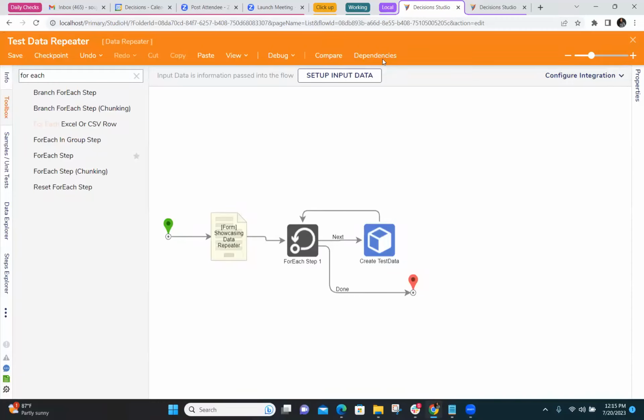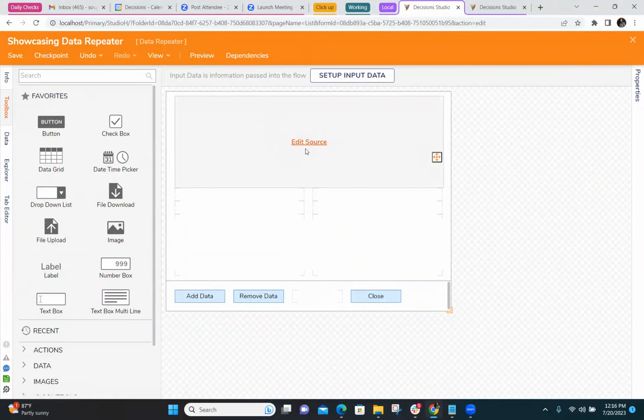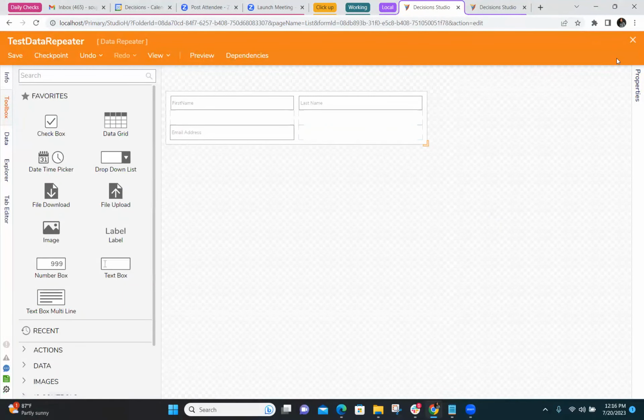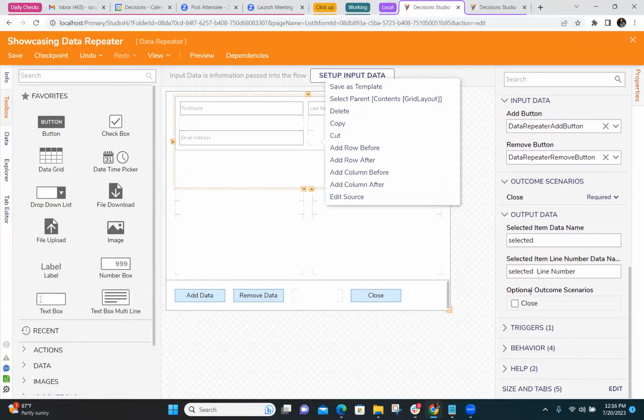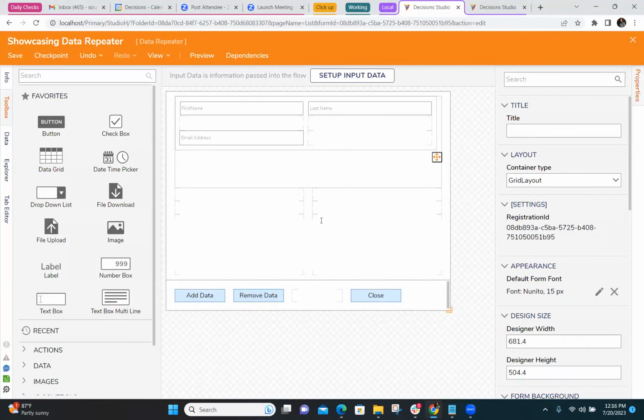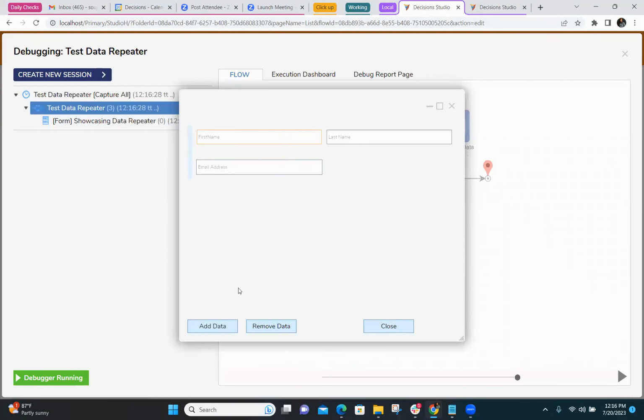So the question was, can you also show how to change order of repeater items? Multiple items to the repeater and then decides to change order without deleting and recreating it. So are you talking about inside of the repeater? Like, can we change the order? Like we can have the visual indicator line showing up, and we can add and